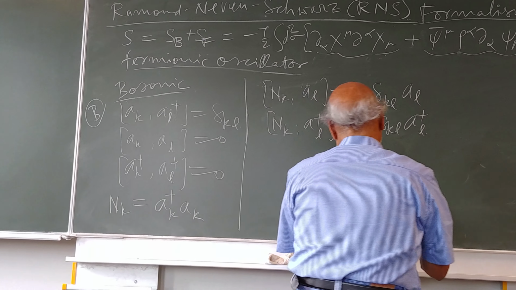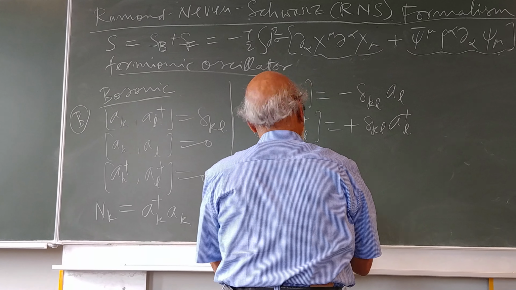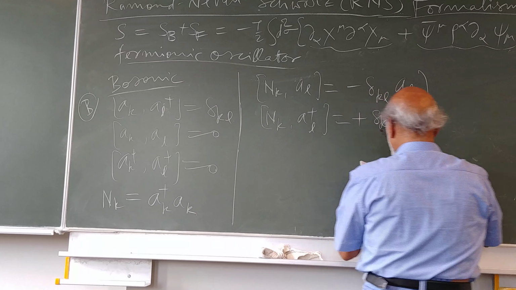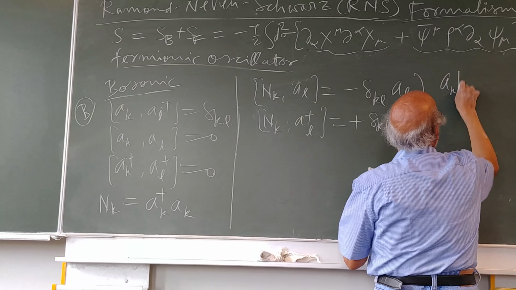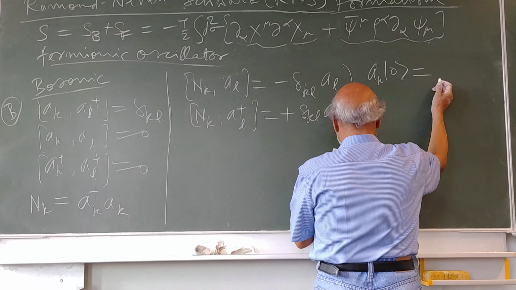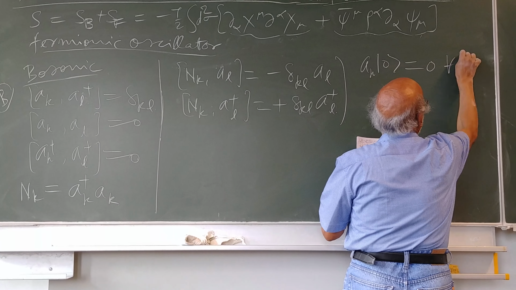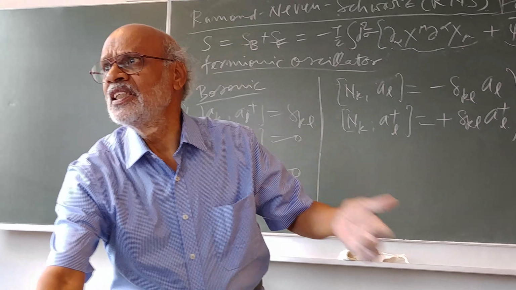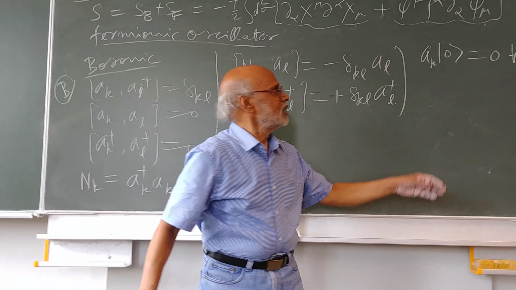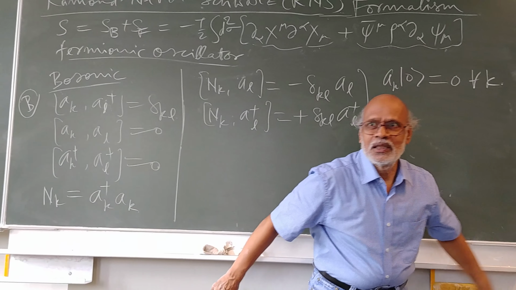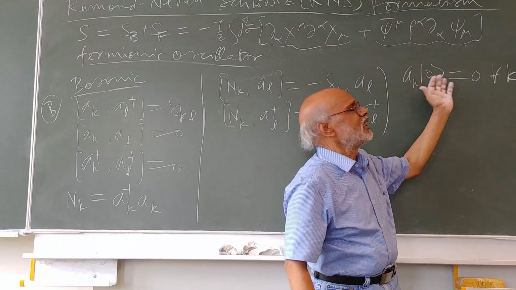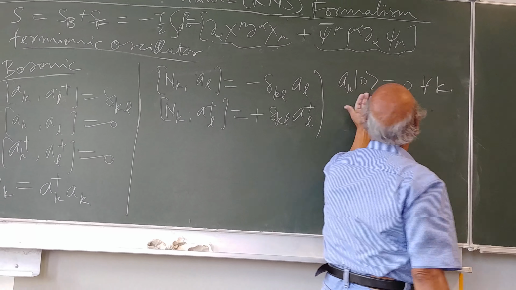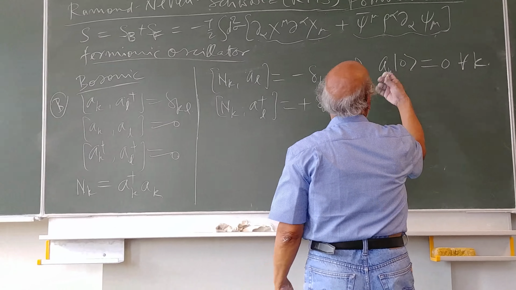And here what you do, you define the vacuum state for all k. This is in our standard bosonic oscillator, that you define the vacuum state to be annihilated by the annihilation operator a of k. For all k, this a of k gives you 0, and of course for